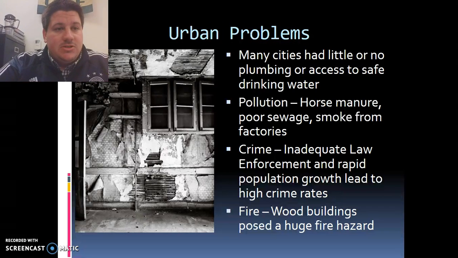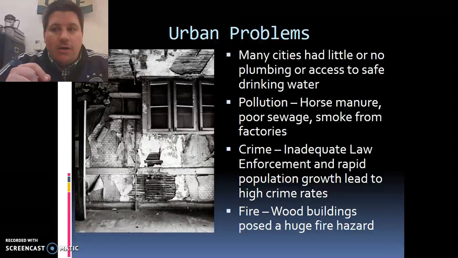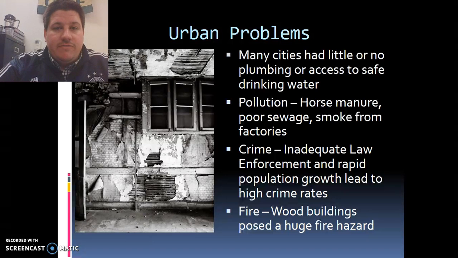Another example, too: the most deadly workplace incident in New York City history, and the single incident in which the most amount of people died in New York City up until 9/11, was the Triangle Shirtwaist Factory Fire, in which these women who were working in a factory in New York City died because the factory caught on fire and the elevators were not enough to get these women out,